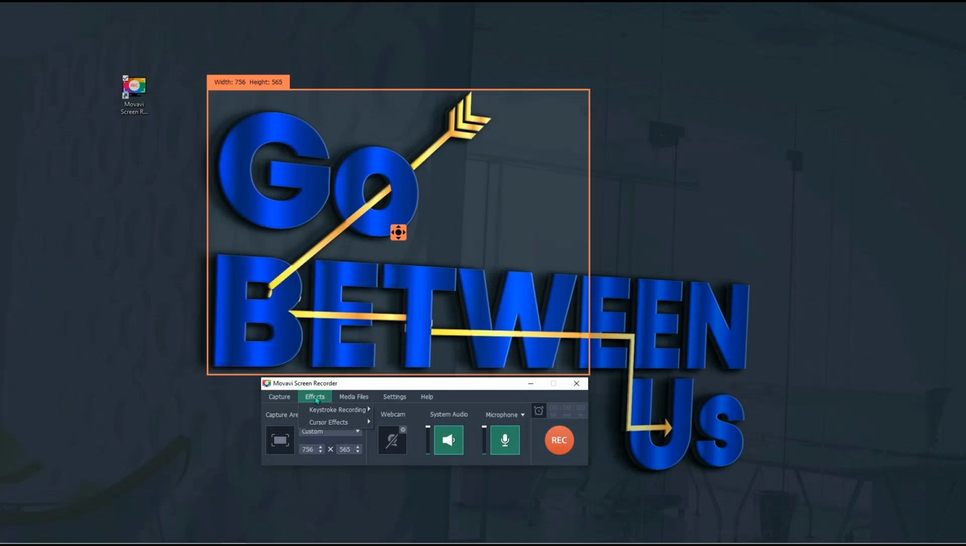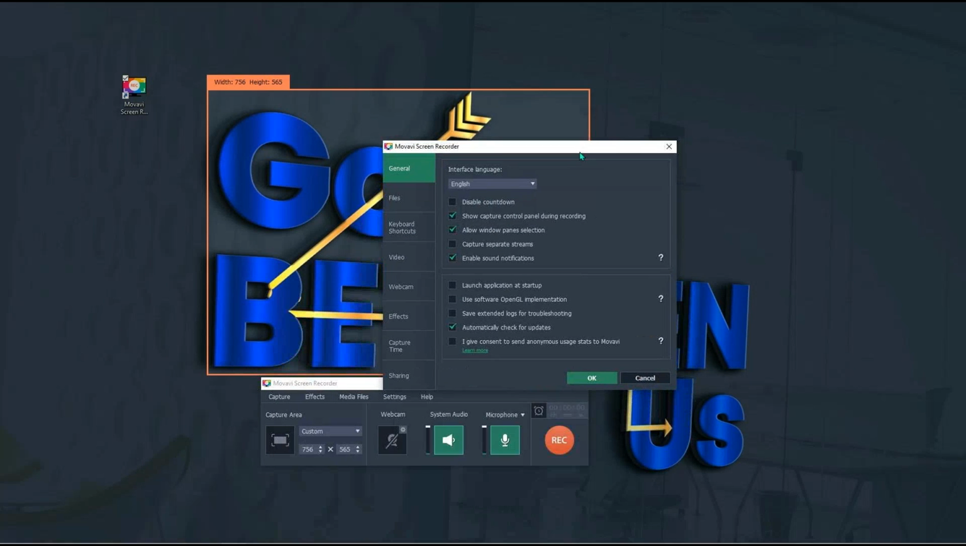Up top, we have capture, which I discussed. Effects, you can do keystroke recording or even cursor effects. I've never used this, but essentially what it does is it highlights the cursor. So it puts that emphasis on the cursor, similar to having a pointer, if you will. Media files, if you want to open existing recordings, you may do so from there. Settings, so Movavi supports multiple languages. And then under preferences, we have